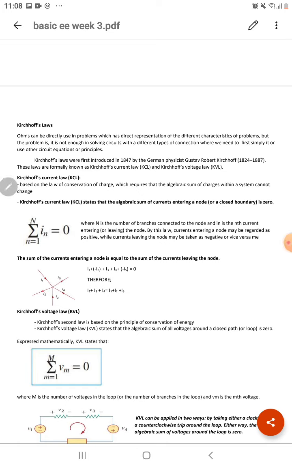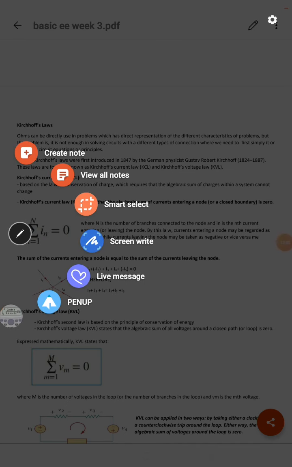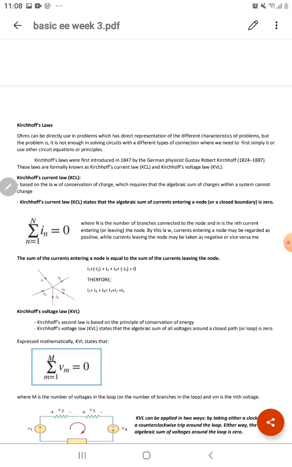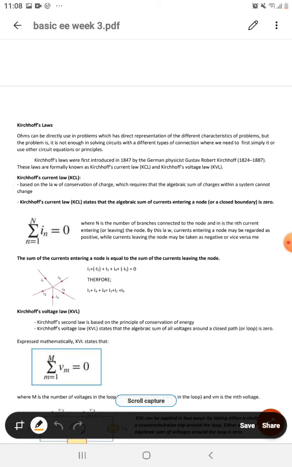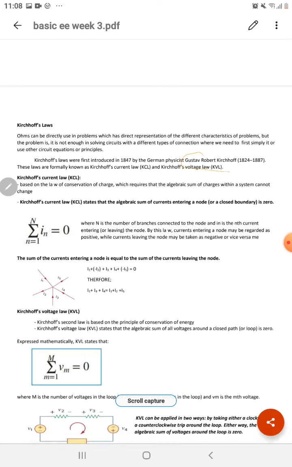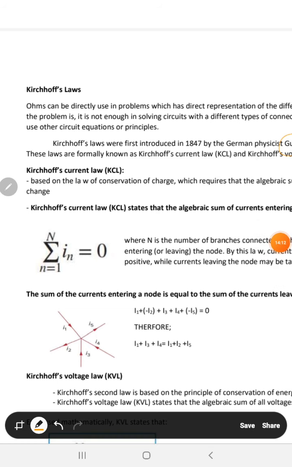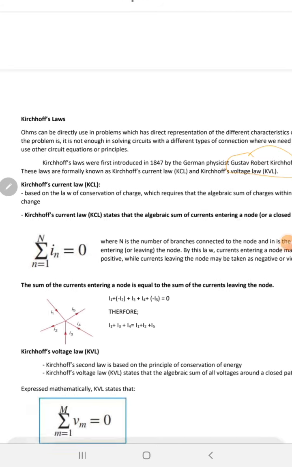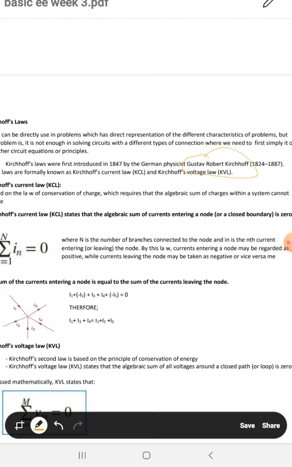Okay? So, example is this diagram. Take note that your Kirchhoff's law has two major laws by Gustav Robert Kirchhoff. Okay? You have our law 1. We have our law 1, which is what you call your Kirchhoff's current law, which states that the algebraic sum